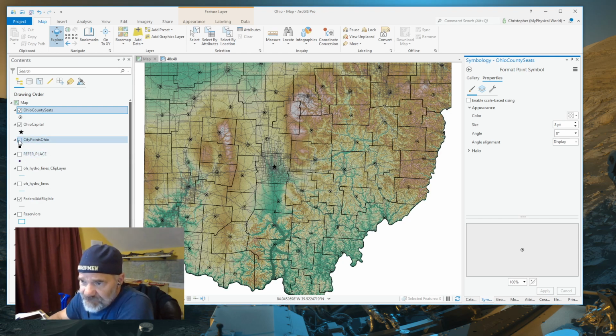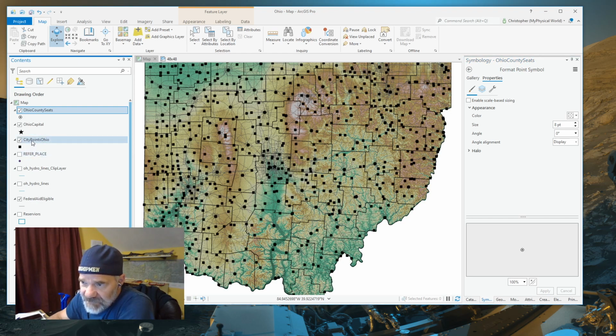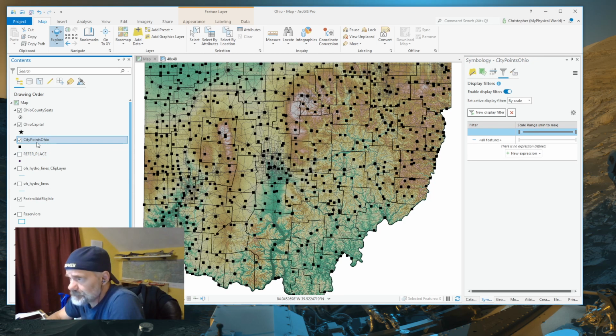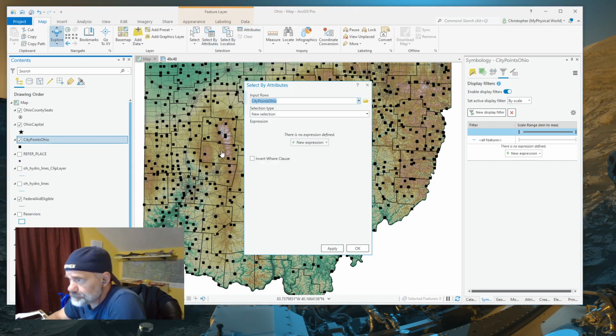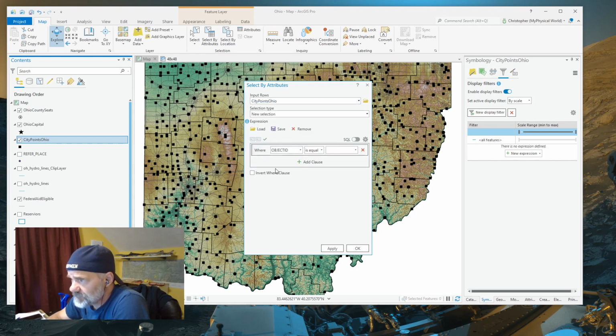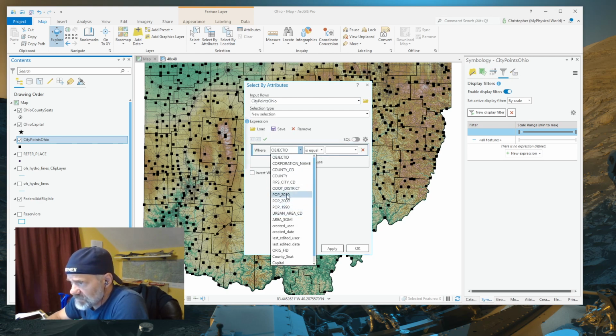So what I'm going to do is I am going to select city points, and I'm going to go back here to select by attributes, and I'm going to create a new selection. So I'm going to create a new expression, and we are going to select any city that has a 2010 population